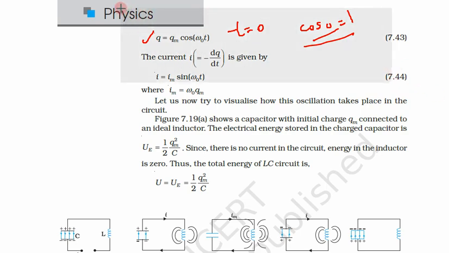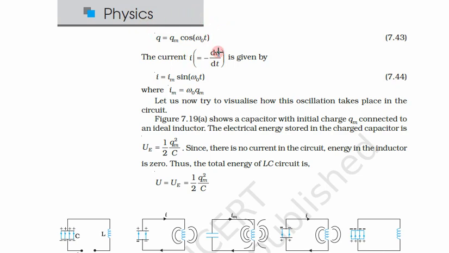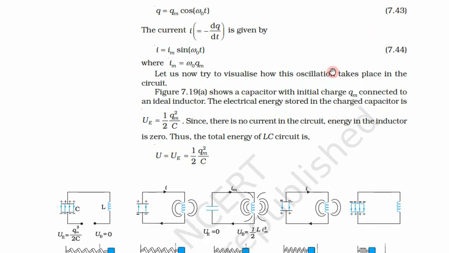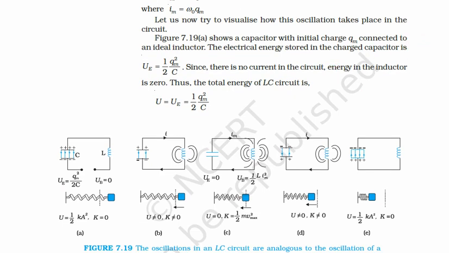Both are sinusoidal functions. Both will show simple harmonic motion, but we have taken the cos function because in the initial condition charge was maximum, and if we had taken the sine function, this charge would be 0. So that's why we have taken the cos function. Here we got the sine function because initially current was 0. If we put t equal to 0, initially current was 0, which was true for the circuit. Later we got current I and charge was reduced. So we got the values of both phi and Im.